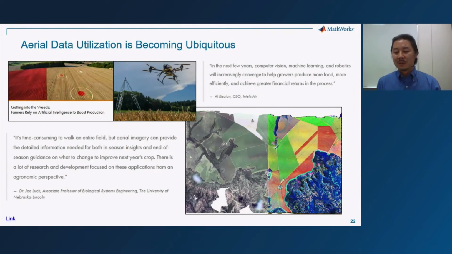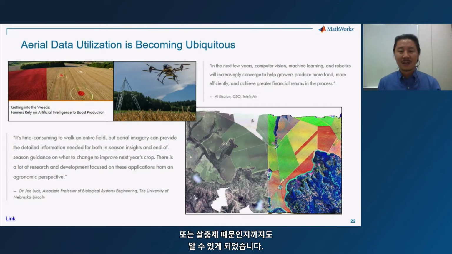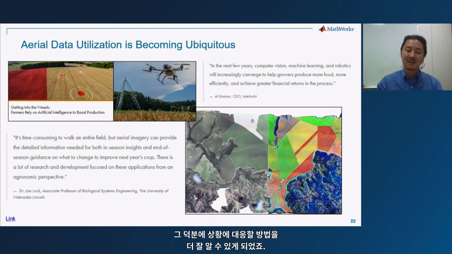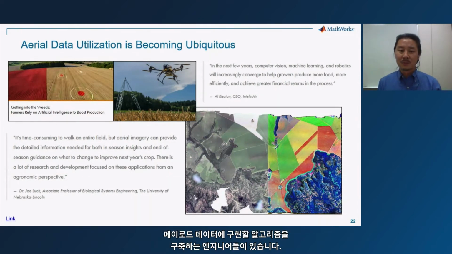And in recent years, there have been advancements in computer vision and AI algorithms to not only be able to identify that perhaps this is not doing too well, but perhaps the reason why it's not doing too well, whether that is lack of nutrients or pesticides, so that you have more insight into how to react to the current situation. Right? So again, on the aerial system services side, these are folks that are building algorithms to implement onto the payload data, if you will, here.